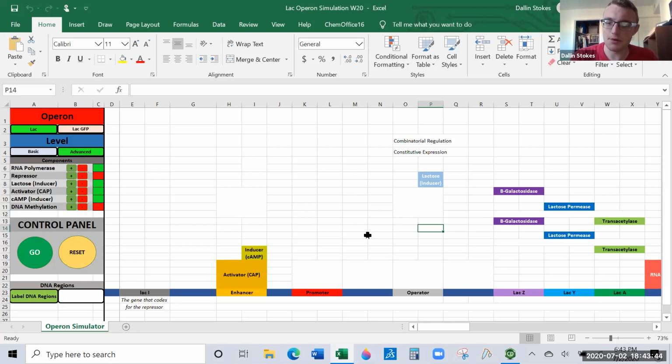Humans, we don't have operons. Bacteria are kind of smart. They put multiple light bulbs on one light switch. They say, well, if I need all three of these proteins to digest lactose, then why not just put them all on one switch? Cells like ours, eukaryotes, we're less efficient. We like our control. And so we have a light switch for every light bulb. Every single gene has its own regulatory region.